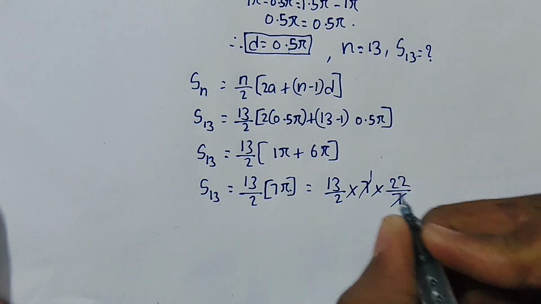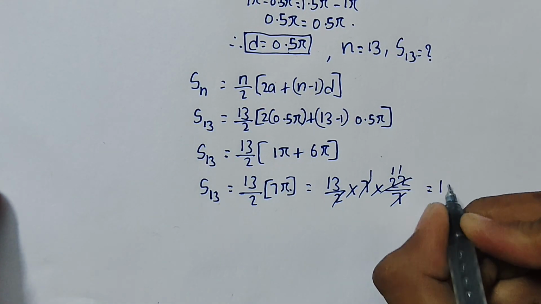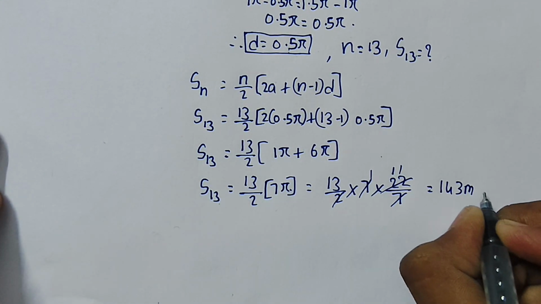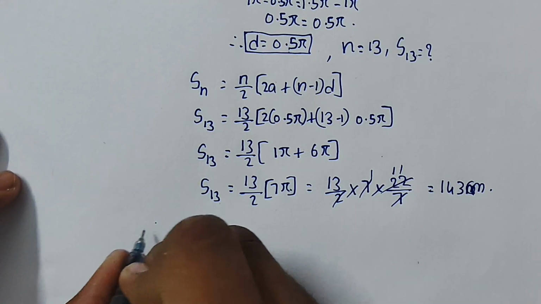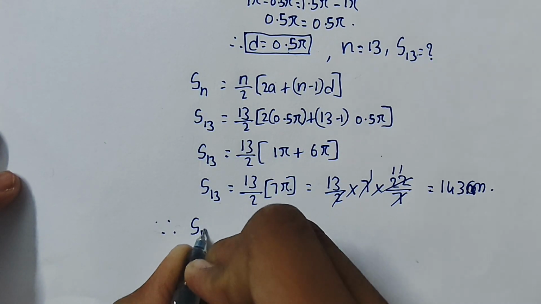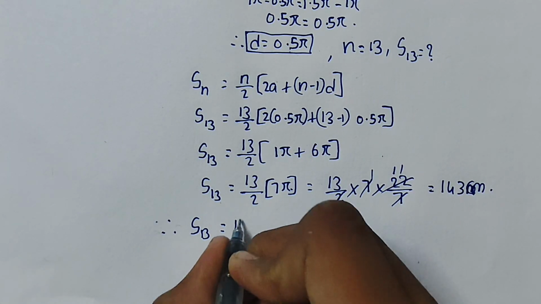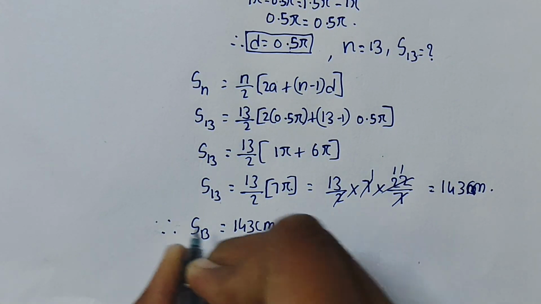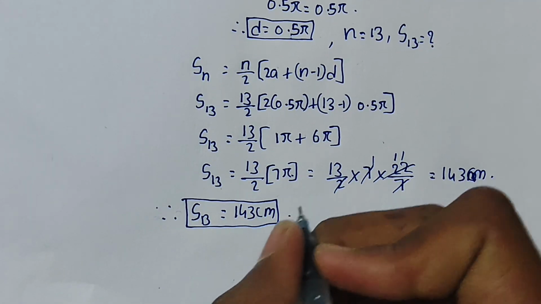7 ones are 7, 7 ones are 7, 2 ones are 2, 11s are 22, 13 11s are 143 centimeter. So therefore we got the sum of 13 consecutive semicircles equal to 143 centimeter. Understand? So I am writing here, therefore